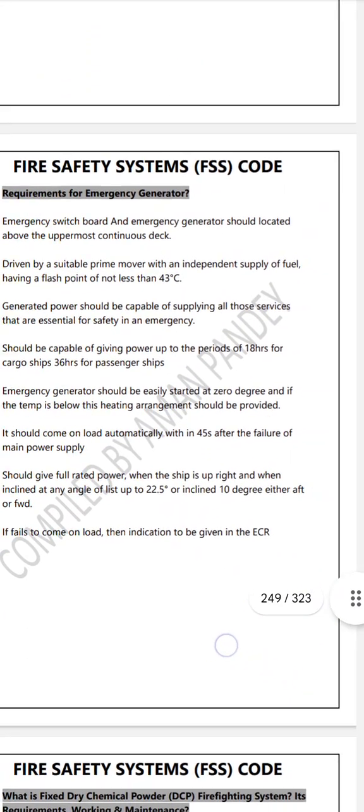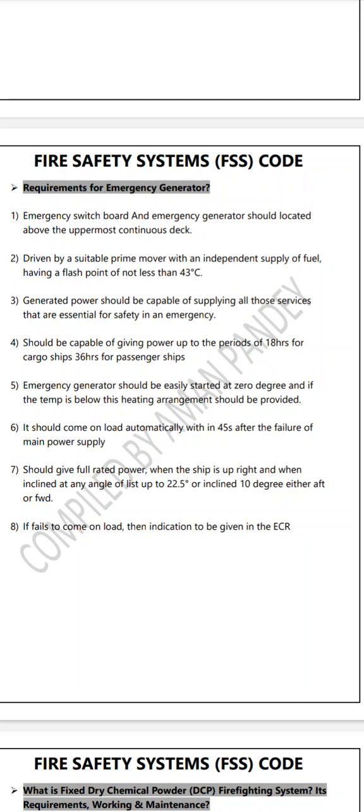रिक्वायरमेंट फॉर जनरेटर का क्या है, ये 43 डिग्री सेल्सियस से ज़्यादा होना चाहिए। 36 आर फॉर पैसेंजर, 18 उसके लिए। शैल बी केयर फॉर सप्लाइंग ऑल एमरजेंसी के लिए चाहिए। एसेंशियल सेफ्टी इन एमरजेंसी 45 सेकेंड में आ जाना चाहिए। शुड बी इजीली स्टार्टेड एट 0 डिग्री अंडर टेम्परेचर बिलो हीटिंग टेम्परेचर। ओके। और अगर ओके 22.4 और 10 डिग्री इधर और फॉरवर्ड और आफ्ट बी फुल्ली रेटेड पावर इज अपराइट एंड